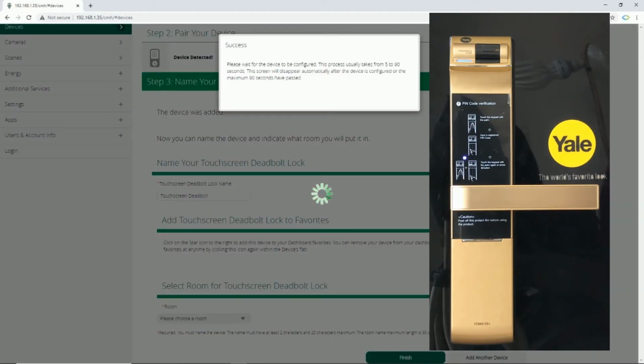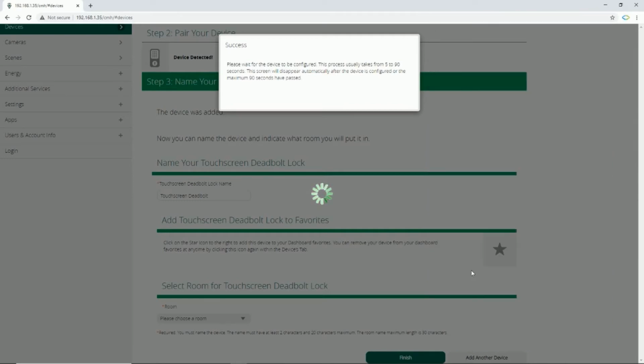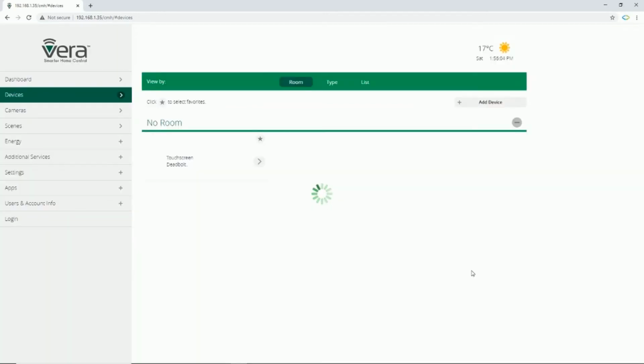Vera starts configuring the device. Please wait for the device to be configured. This process usually takes from 5 to 90 seconds. So now we have to wait until configuration is done. Device is added to the Vera controller, you can see the battery status of door lock in Vera